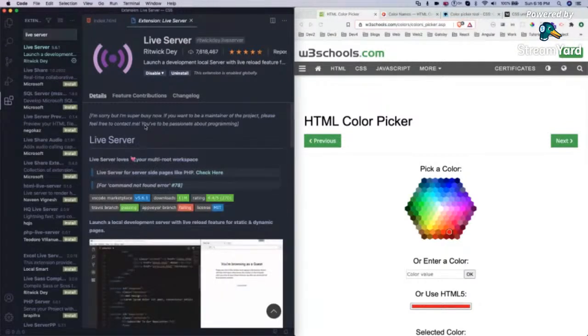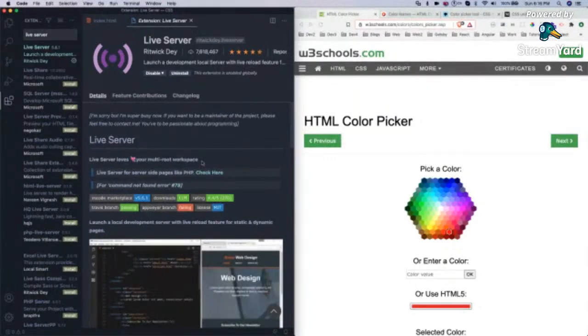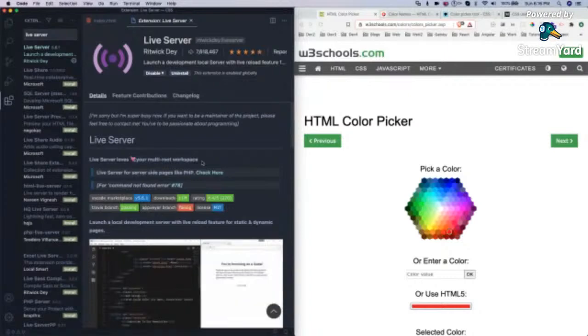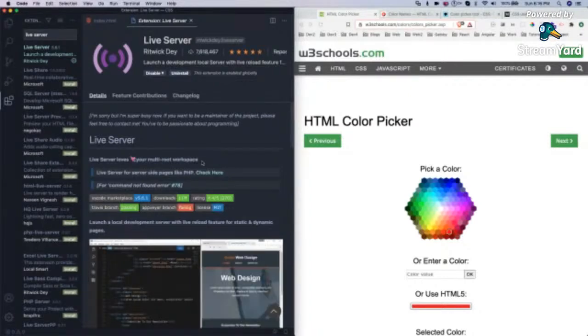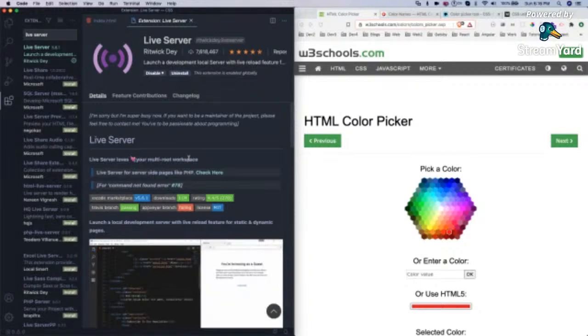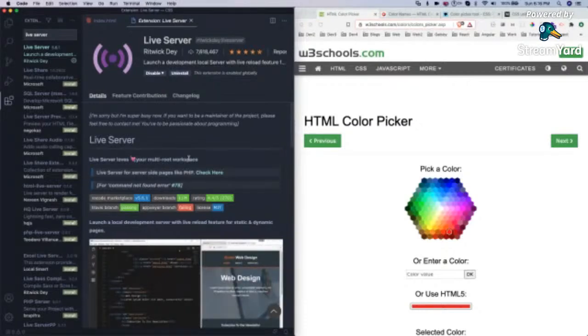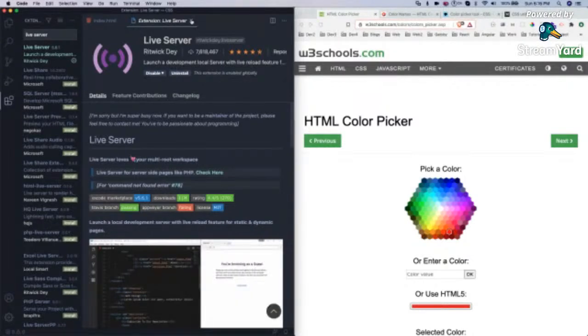Anything I change in this index.html, if I don't use Live Server, I have to go to the folder, double click on it, open it in the browser, and then reload every time I make changes. Most developers, when they work on pure HTML, CSS, and JavaScript, use this extension. React comes built in with this type of feature, so we don't have to do anything. This is known as hot reloading in the React world. Hot reloading means it's done automatically.